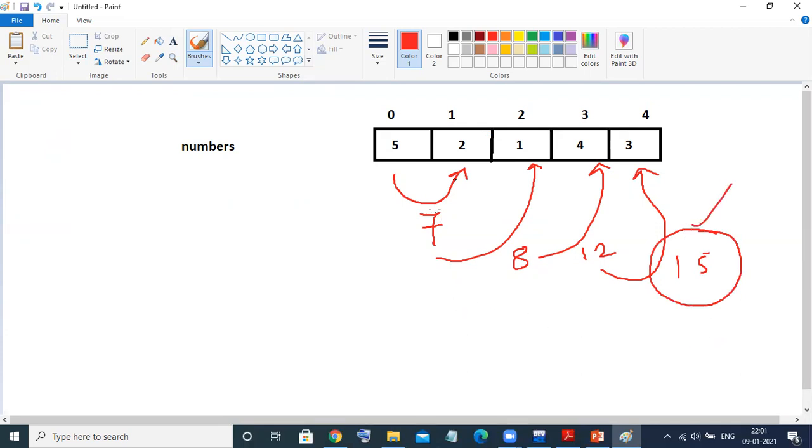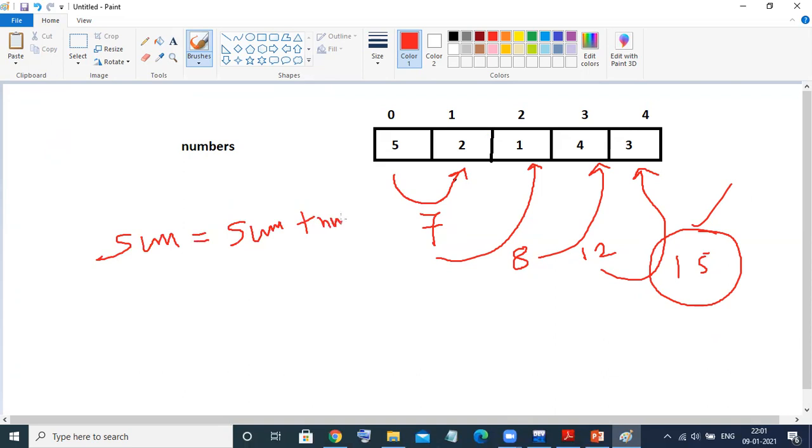But here we are looping through all the elements. So we know that looping through all the elements is quite easy by using a loop. But to add all these elements, what do we require exactly? We require one more variable. For example, I'm taking sum. Sum is a variable. So I can take the formula like sum is equal to sum plus the first element, because I need to add the first element also here.